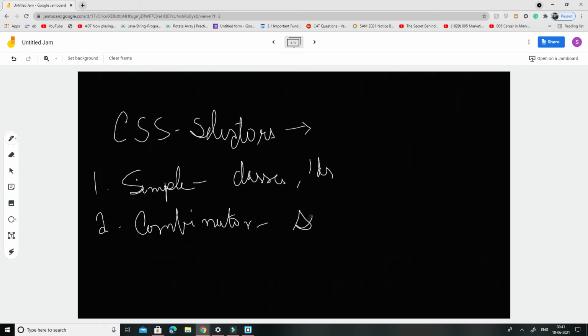Suppose I have all the H1s and I want to color only them, so it won't color all the text in the style sheet, rather it will only look for H1 and color them. Okay? Then there are pseudo-class selectors and pseudo-element selectors.